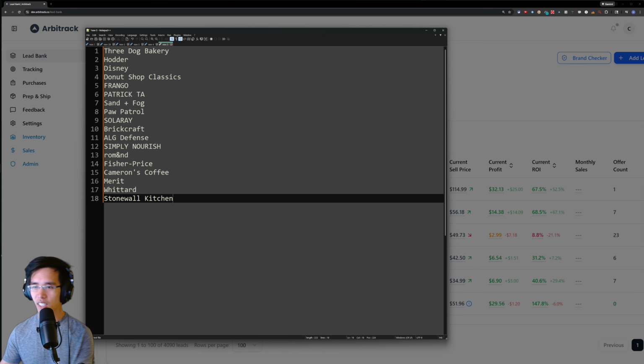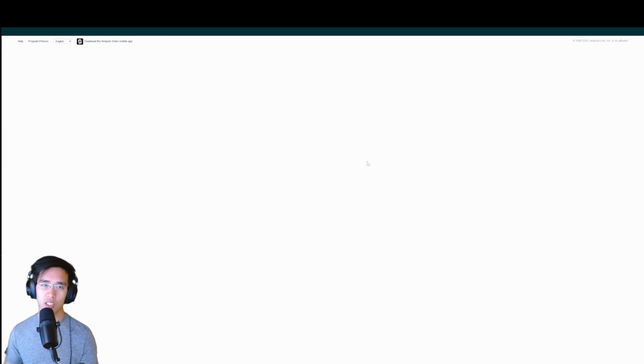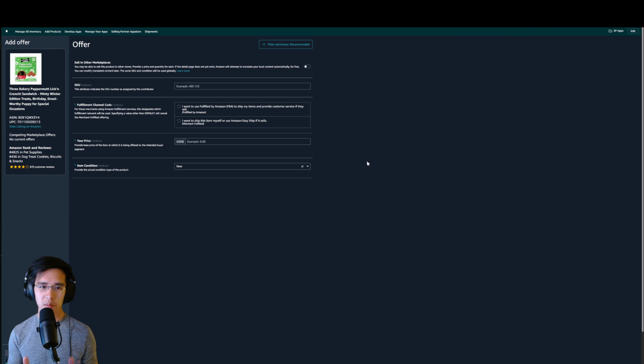you can actually sell. I added a button here for quick access to add the product, because if you guys didn't know, sometimes even if you're ungated, sometimes when you open this screen, it'll say generic error or something like that, and you can't actually sell it. So it's always good to check before you actually buy the thing to check if you can actually get through